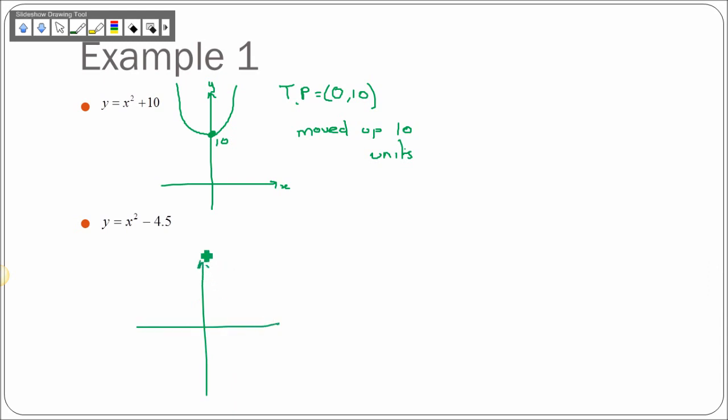Label them Y and X. Draw my parabola in. And what's happened? It's moved down 4.5, so I'll put in a point here, minus 4.5. And my two pieces of information: the turning point is at 0 and minus 4.5. And what's happened? Well, it's moved down